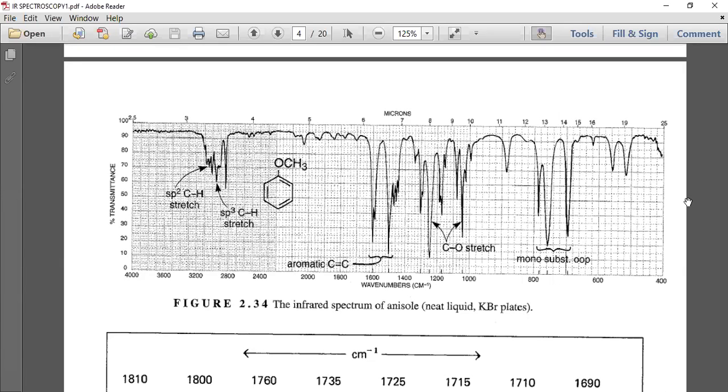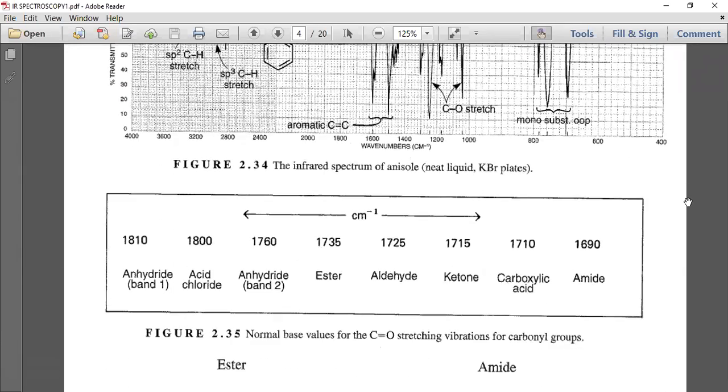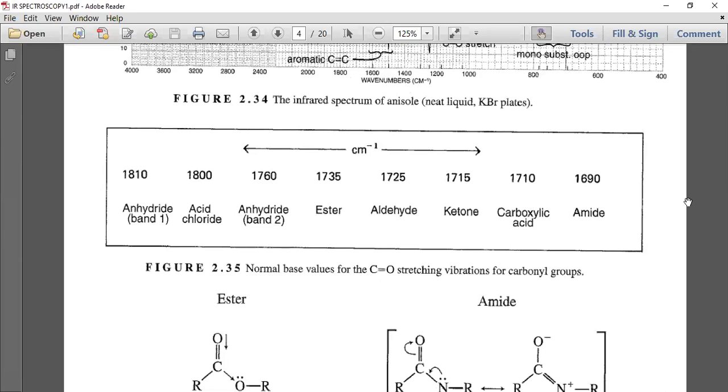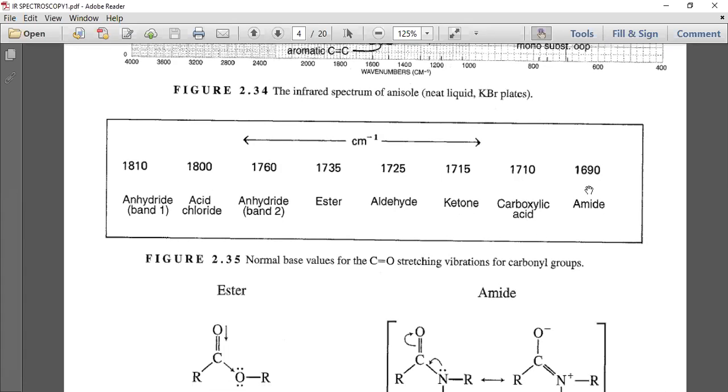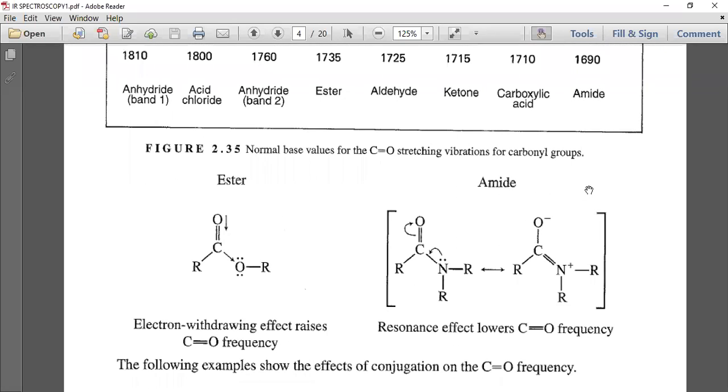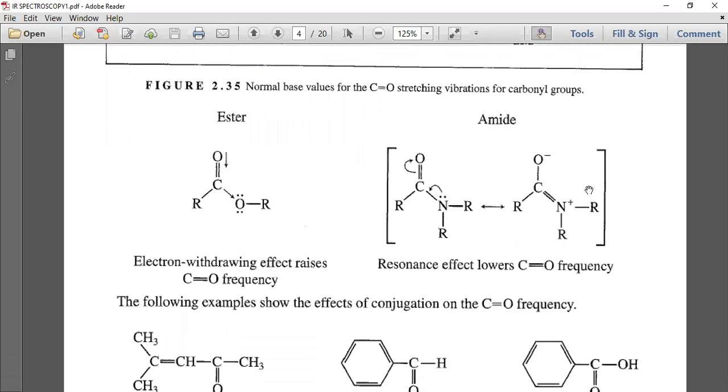Methyl aryl ether, of course, it is a normal. Yeah, when we look at the carbonyl, 1810 and 1760 for anhydride bands, 1800 is acid chloride, 1735 is ester, 1725 is aldehyde, 1715 ketone, 1710 carboxylic acid, 1680 or 1690 is for amide C double bond O stretching frequencies. Now we will look at the